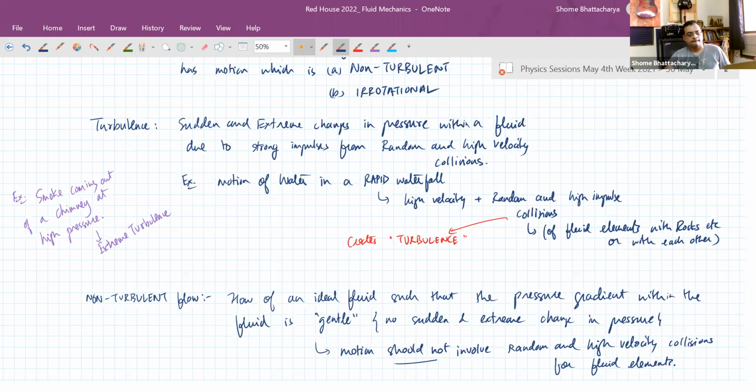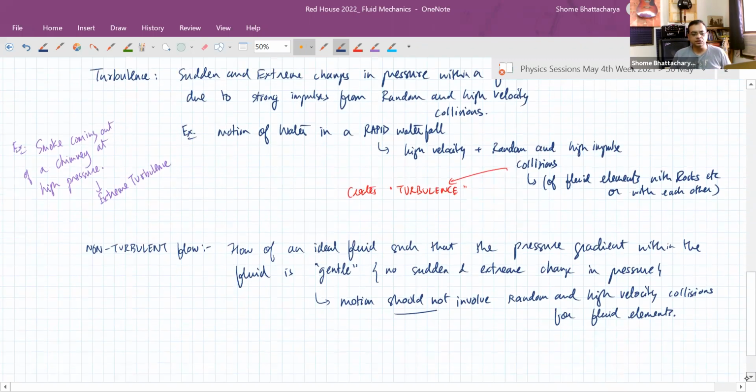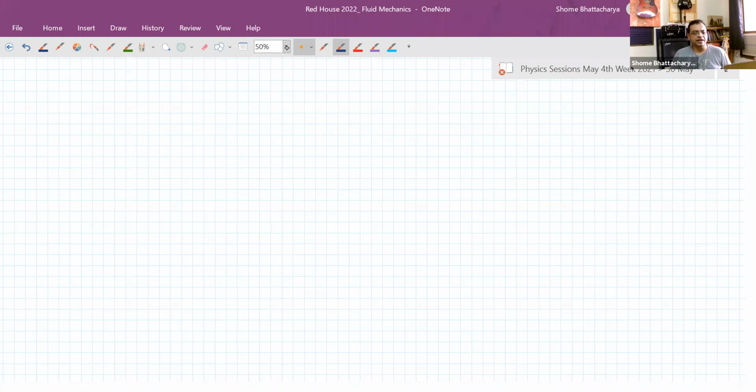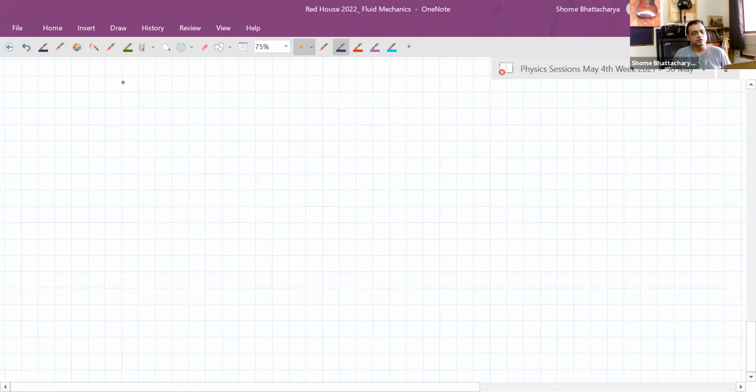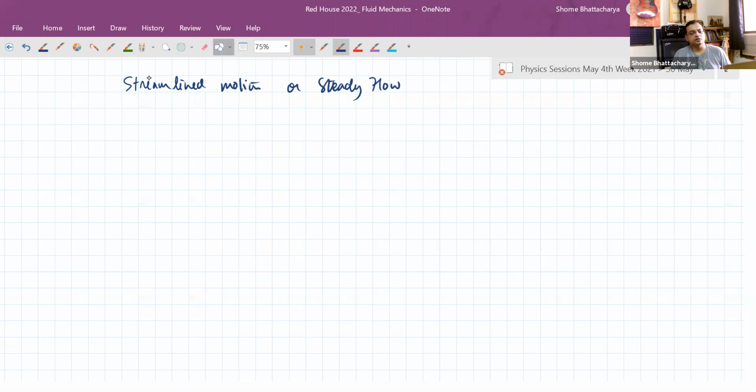So when we put together these two properties of streamline motion, that it is non-turbulent and irrotational, and given that the fluid we are talking about is an ideal fluid, so there's no viscosity within it and it is incompressible, then that brings out another important aspect of streamline motion, or steady flow. It shows another important property of this type of motion, and that property is that,